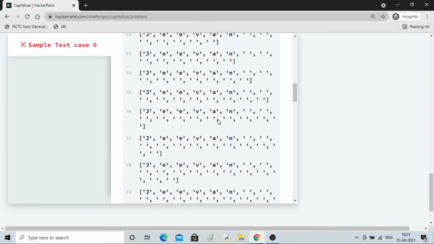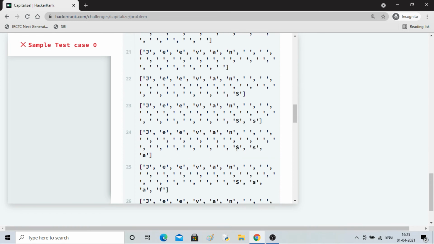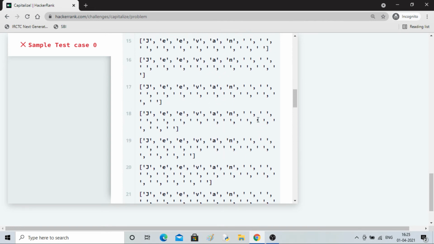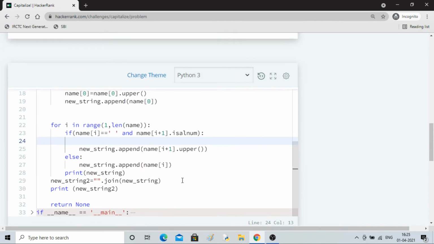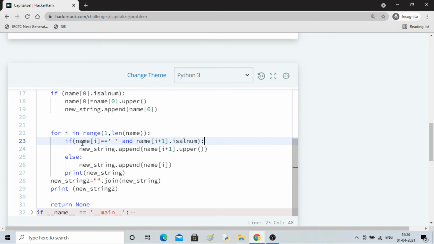So now if I do this, two times S should not come, but this S is coming. How should I remove this guy? So i plus 1 is getting capitalized, that is fine, but the next S is coming, so how should I deal with that guy?